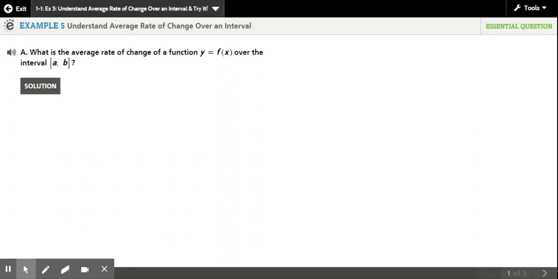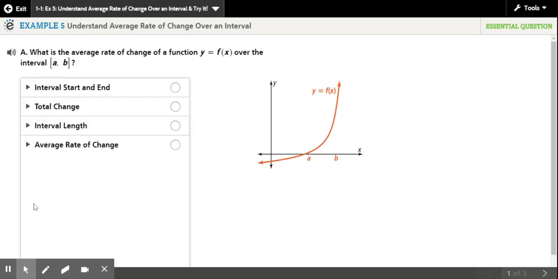Example 5 is talking about average rate of change for a function over a specific interval. Average rate of change is really going to refer to the change in y over the change in x. So let's take a look at this example. If we're talking about the interval from a to b,